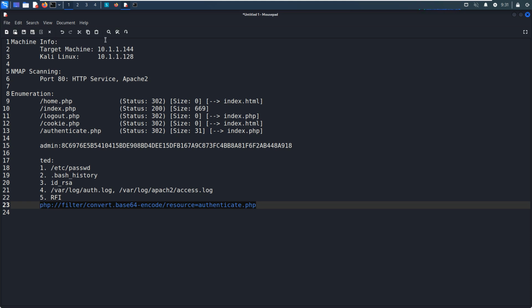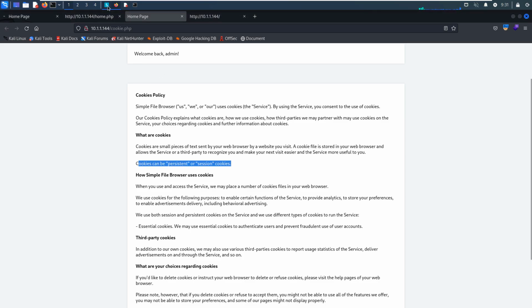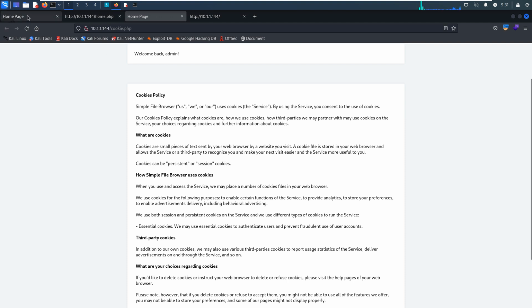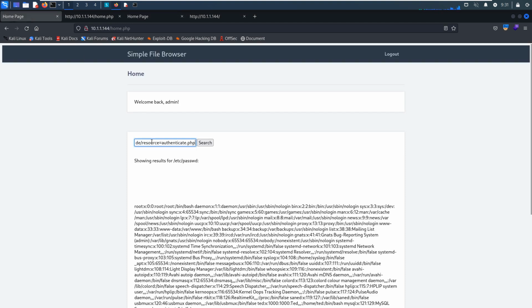We can copy, and maybe I do not want to encode it again. We can turn off the intercept and put it over here, and then the browser, the client, will encode it for us automatically, and we can search.